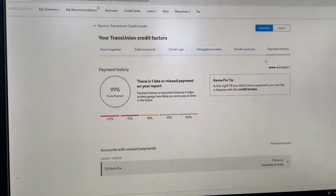Any payment missed within about, I'll say, 1 to 6 months is bad if you're trying to apply for anything. Anything over 2 years is not as bad, because it's showing that you're making on-time payments. It's showing that you can actually take care of whatever debt you're trying to incur. For me, you can see, no one's credit is actually perfect. You can see even mine. I have one late payment, and that was because I think I got a new card and I didn't take the chance to